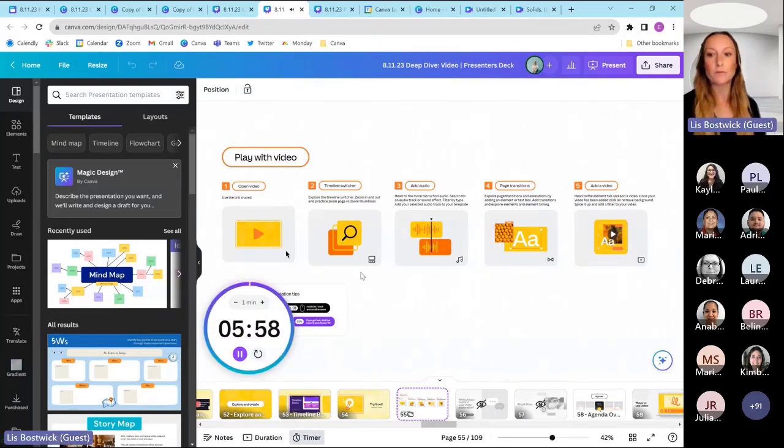So I'm going to put a timer on for 6 minutes, which will give us just a small amount of time to be able to just get in and do some exploration.